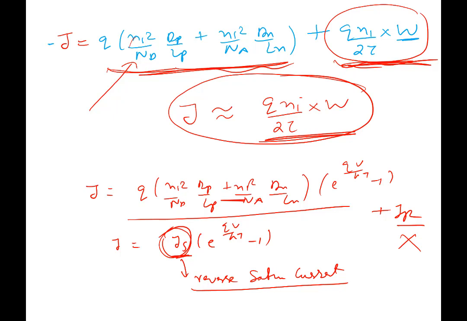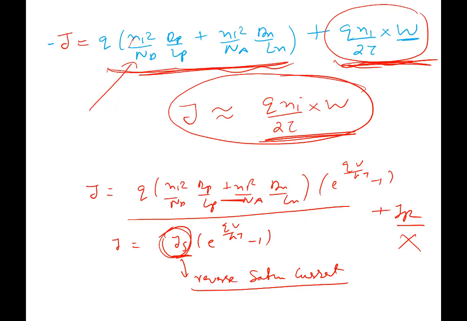Now, we have limited time, and in limited time, there are two other things that I want to do. So all reverse bias current is coming from generation. Generation outside the depletion region, generation inside the depletion region. That is the source of carriers. The one other thing about reverse bias